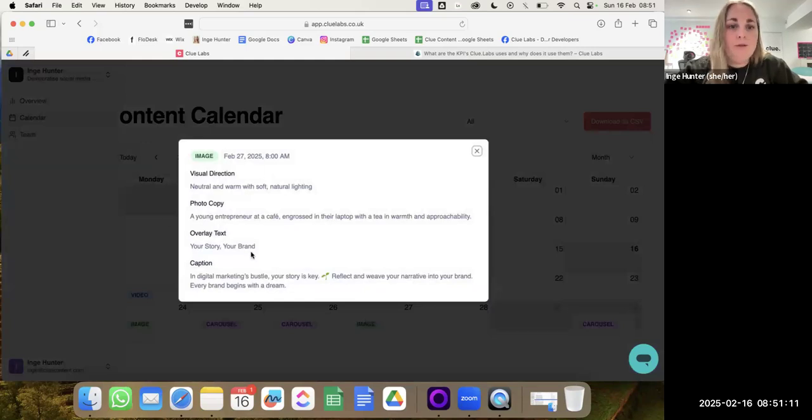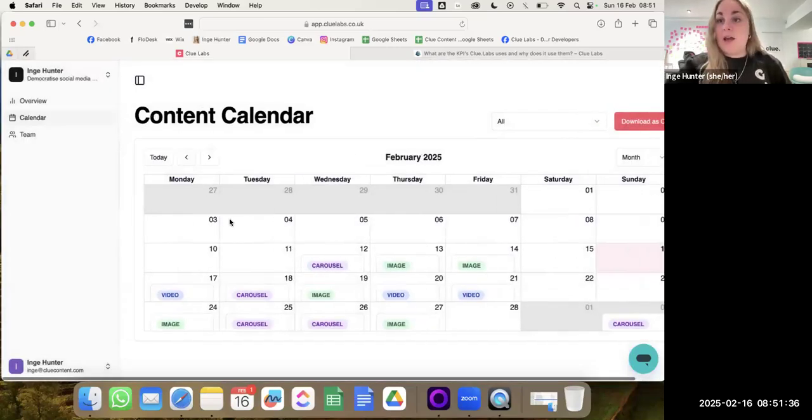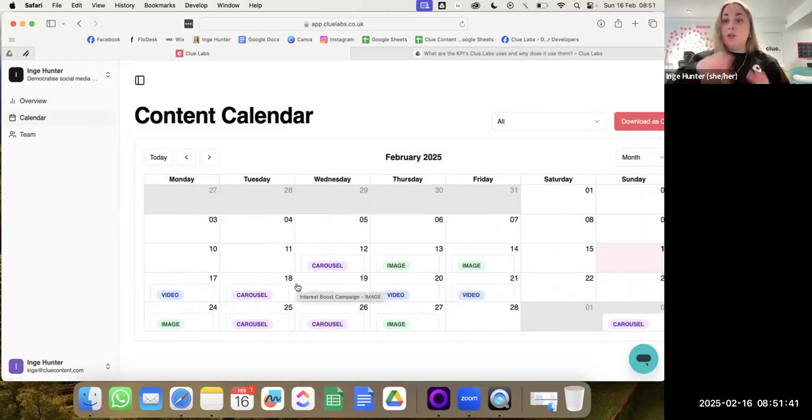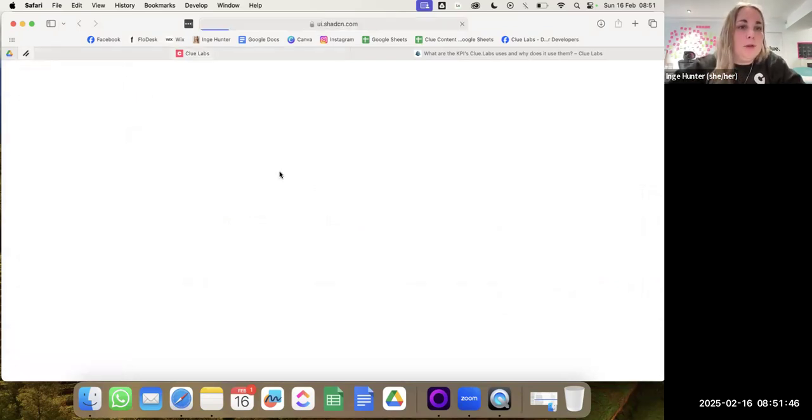The visual direction, I could definitely make this image with neutral, warm, soft, natural lighting, an entrepreneur in a cafe, engrossed in a laptop with a tea, make it warm, make it approachable. And I could put the overlay stock text of your story, your brand. It's quite like an inspirational Instagram-y kind of visual. So every month you come back in, you make a new one, or you can make just a week at a time, as long as you can create the content that goes out. And then over time, what will happen is,